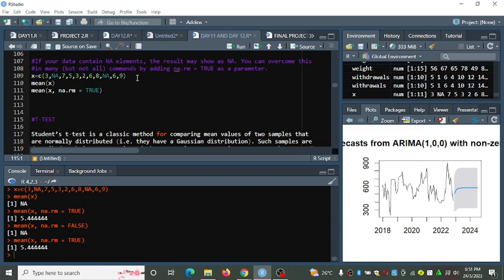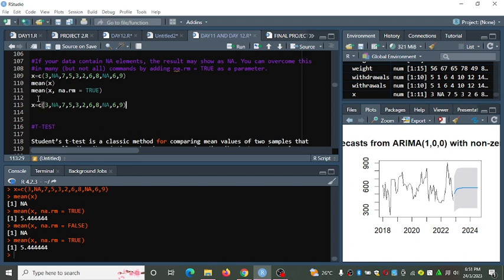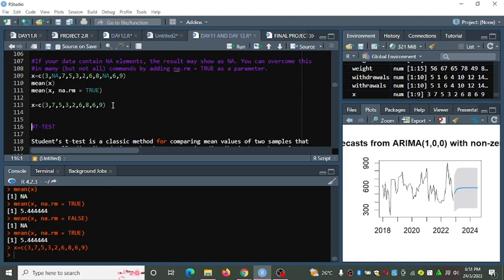So you can just copy this x here and have it here, and just remove this now and this one here. Then run the command and return the mean of x.